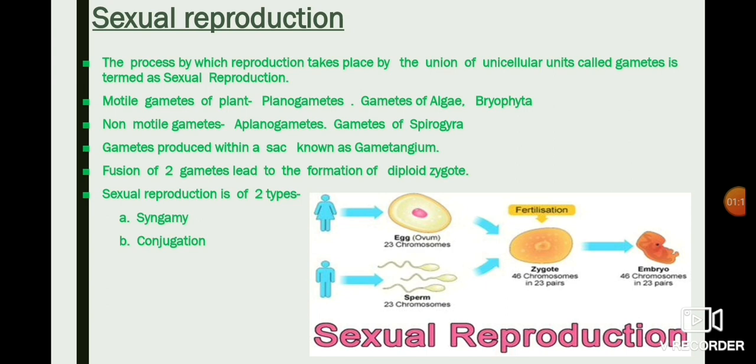So I've just given you an example picture to show you the process, to give you an idea about sexual reproduction. See, from two humans, the gametes are getting segregated. From the female it's the egg, from the male it's the sperm. Now let me tell you, the egg is haploid in nature, that's 23. Sperm is also a haploid gamete, a unicellular unit, that's also why it is 23. When the two fuse together, they lead to the formation of a zygote by undergoing the process of syngamy or fertilization, which leads to the production of an embryo.